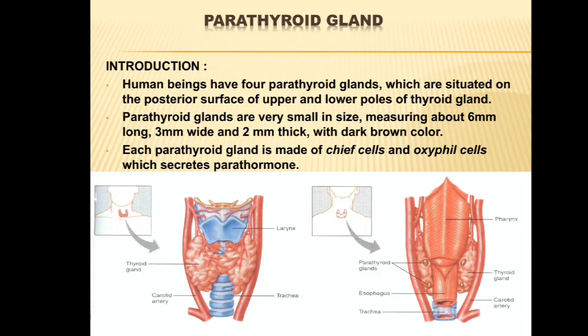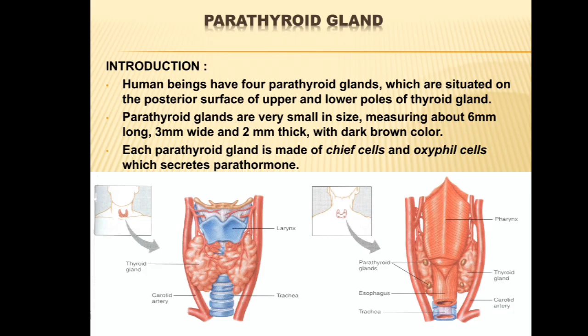So, today we'll discuss the parathyroid gland. Basically, human beings have four parathyroid glands, which are situated on the posterior surface of the upper and lower poles of the thyroid gland. These are very small in size, usually about 6 mm long, 3 mm wide, and 2 mm thick, with dark brown color. They are made up of chief cells and oxyphil cells, which secrete parathormone, as shown in